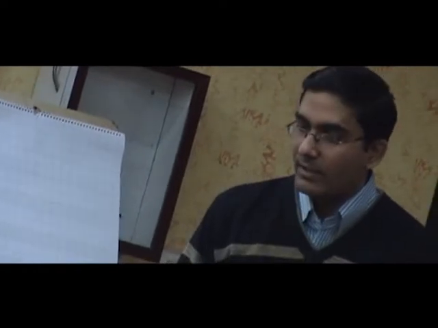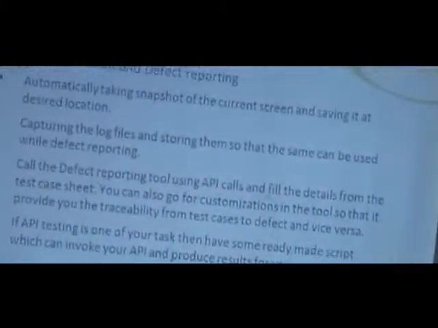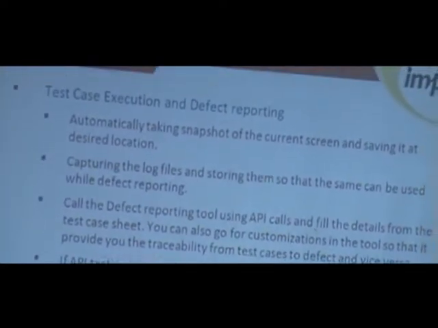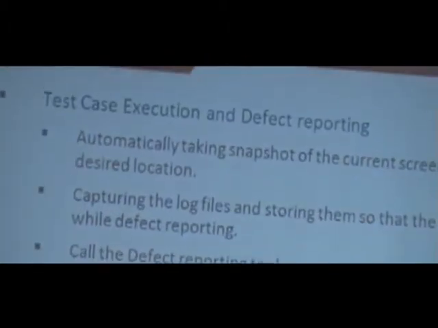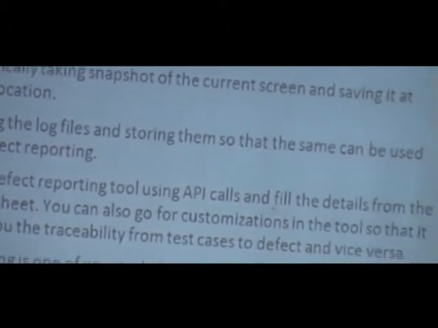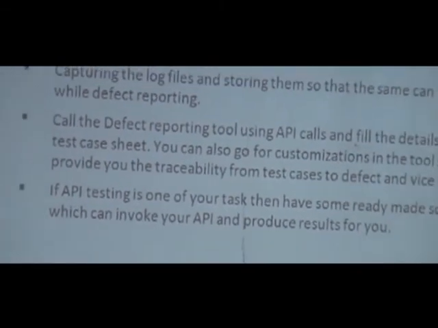So, test case execution and defect reporting. What I am trying to convey here is to have a mechanism where, as soon as you find a defect while executing a test case, you have some utility which can take the snapshots, take the log files, dump them at some location, and keep them ready for defects. And Vipul has another idea here, he talks about 360 degree. I really don't know what that is, but maybe at some point in these conferences he will share it.